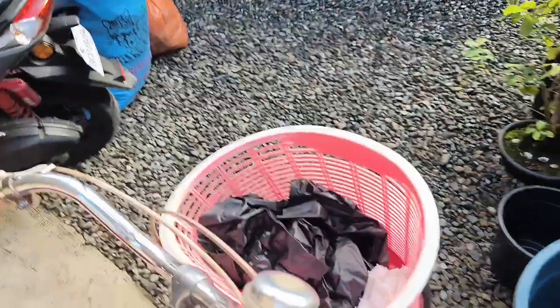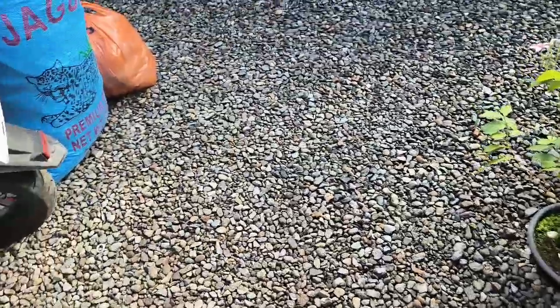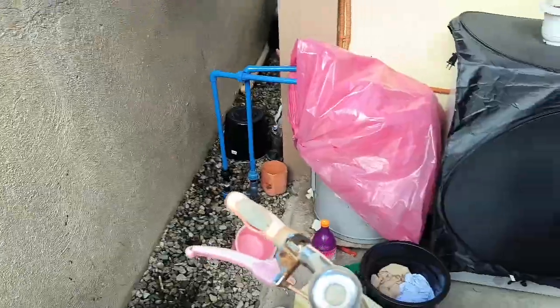It's hard to maneuver because there's so many. I can hardly walk through here. I'm so fat and everybody wants to store everything over here. All right. So now,